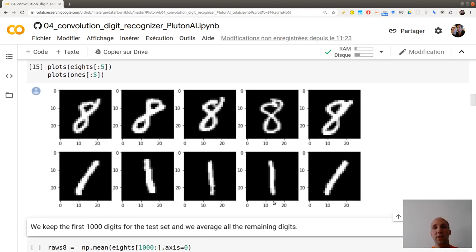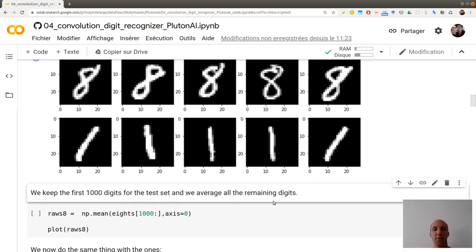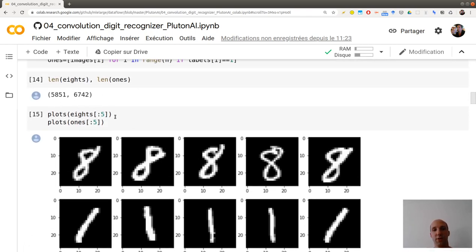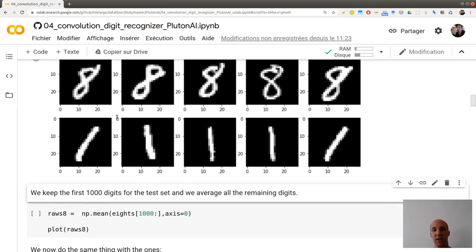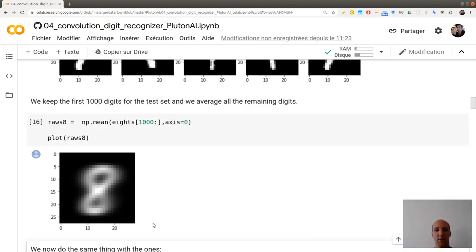So let's start with a very simple baseline. What we will do is keep the first 1,000 digits of each set for the test set. For all the remaining images I will take the average and see what it gives me.